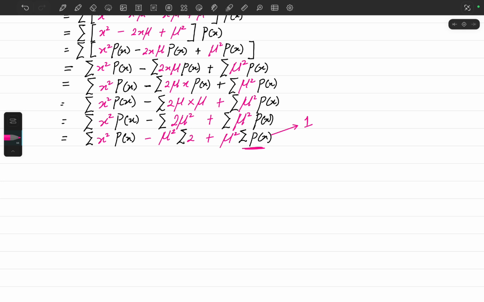Right? So that's 1. What is the summation of 2? Summation of 2 is what? 2. So it's also 2. So we will come up